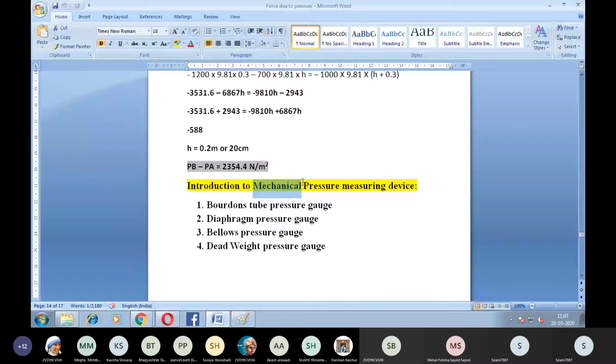So there are four types of mechanical gauges: Bourdon tube pressure gauge, diaphragm pressure gauge, bellows pressure gauge, and dead weight pressure gauge. In the examination, they may ask any one type to explain.